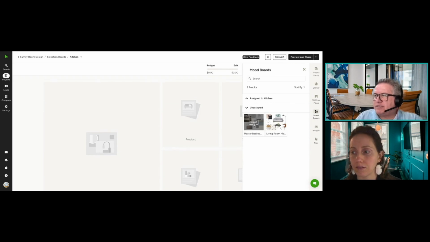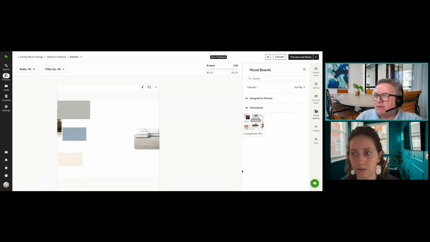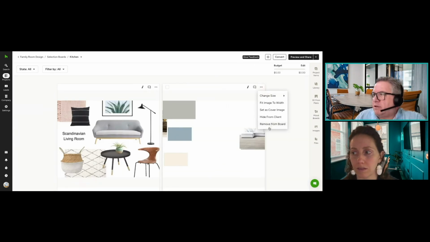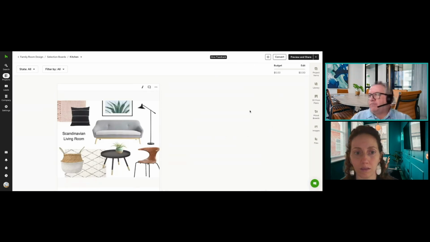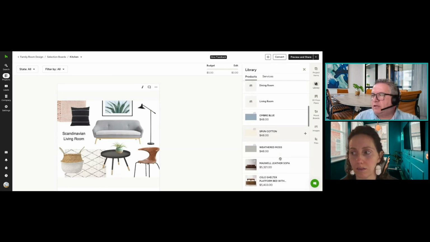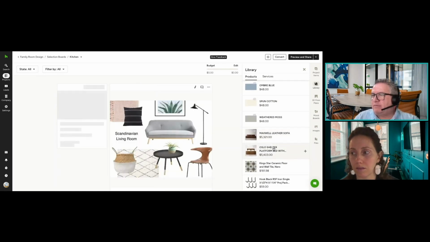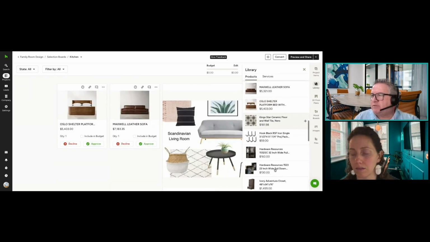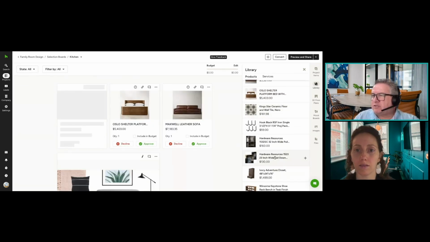I'm going to use this one as an example. Actually, let's use that one as an example. Let's remove that one. Okay. So from here, if I also wanted to add from the library, if there's products in here that I want to include, in here I can click on the items and they'll be attached to this. So again, if I'm creating a mood board that features these items, I can now start to put together my